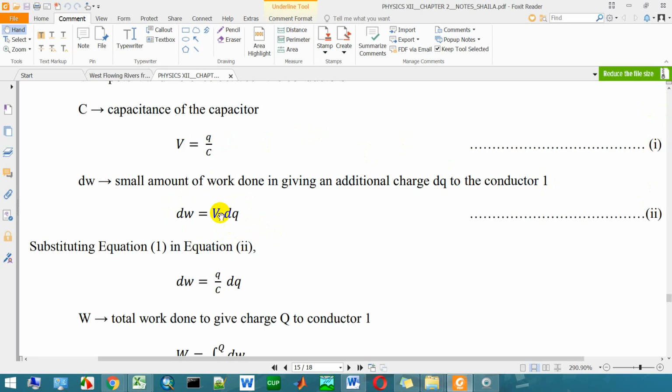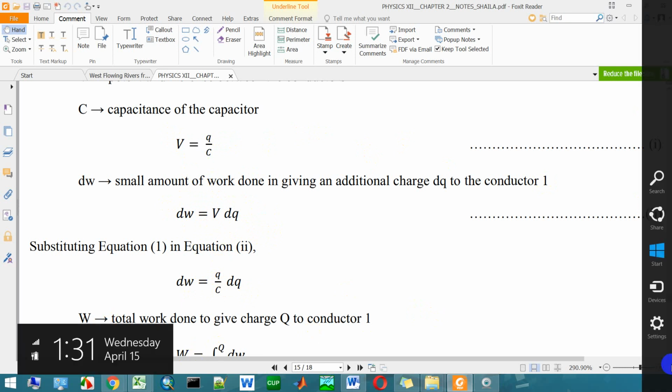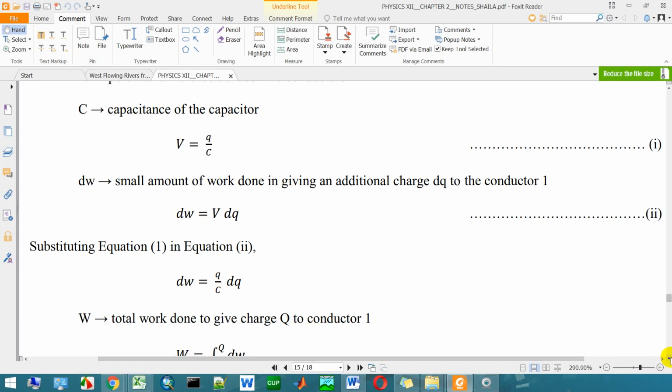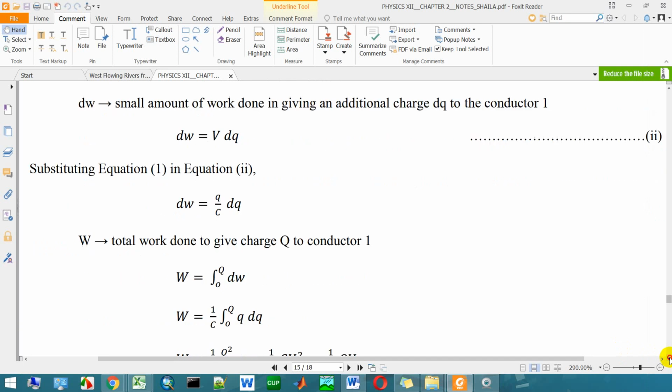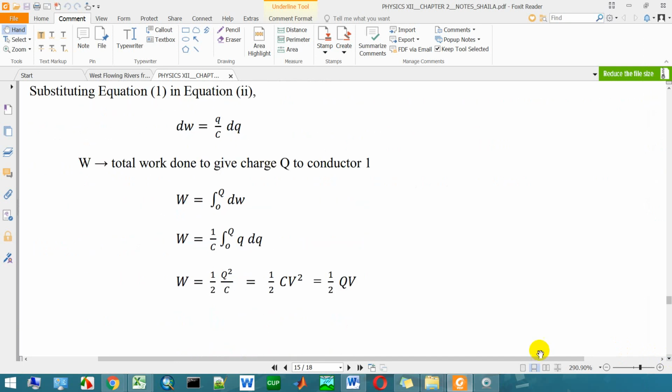Substitute equation 1 in equation 2. Substitute V in equation 2. So dW is Q by C dQ. Now the total work done to give charge Q to conductor 1. So total work done is when we integrate this dW. Initial charge 0 and final charge is Q. On substituting dV, which is Q by C dQ, on integrating and placing the limit, we get it as